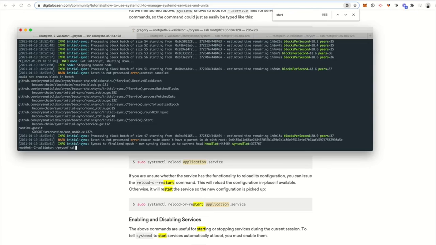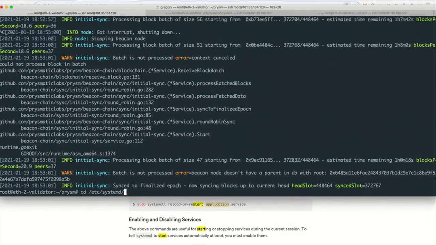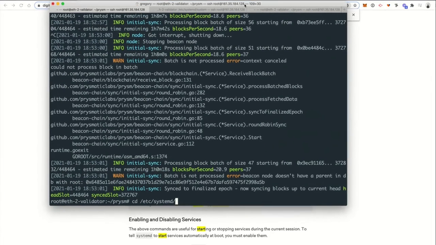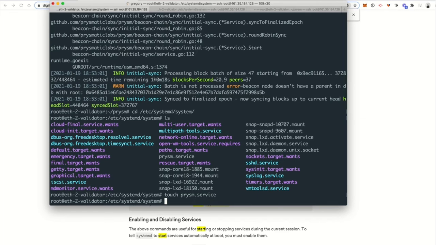So we'll say cd /etc/systemd. I'm going to bump this up so you can see it better. All right, and then systemd, and then system, okay? It'll do ls, so you can see your services inside of here. So you're going to do touch prism.service, okay? I've already done this, so it's going to fail. I've already created one, but then you can do